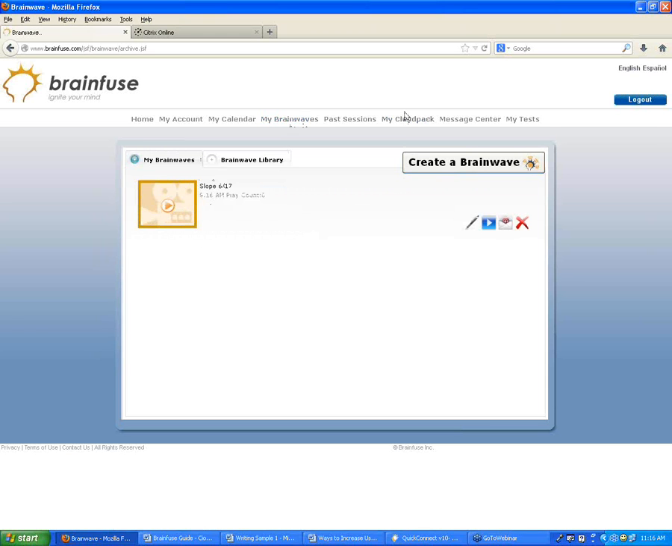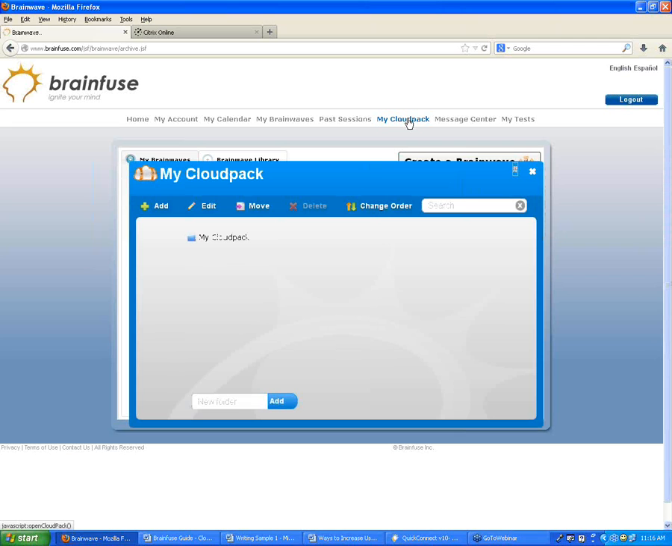We also have this My Cloud Pack option here at the top. So if I click on that, this blue window opens up. Essentially, Cloud Pack is a storage device, so you can enter whatever folders you'd like under here. So I could enter one for class notes, enter one for English papers. Whatever you'd like to add here, you can add as many folders as you want, and then you can upload